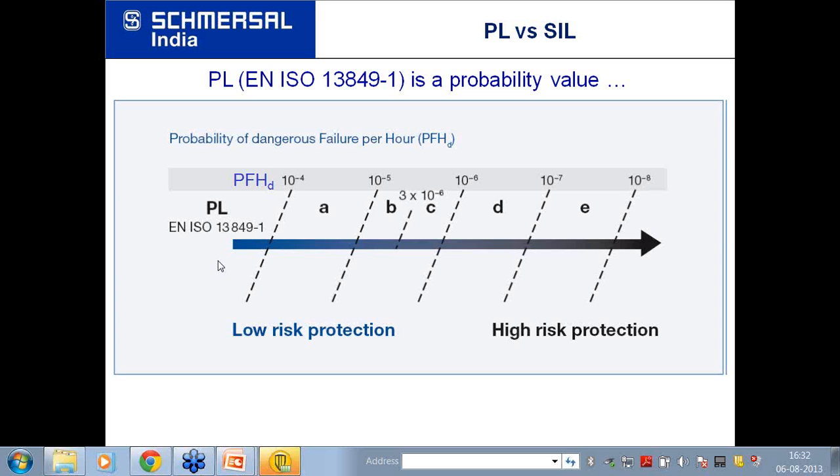Whenever you buy equipment, it may not be safe unless you have asked for it, which is not the case in Europe or the US. There the law is so stringent and the implementation of the law is so strict that no manufacturer makes a machine which is not safe. So all the machines manufactured in Europe or the US are safe up to the requirement. And that is why I had put a lot of emphasis on imported machines and Indian machines.